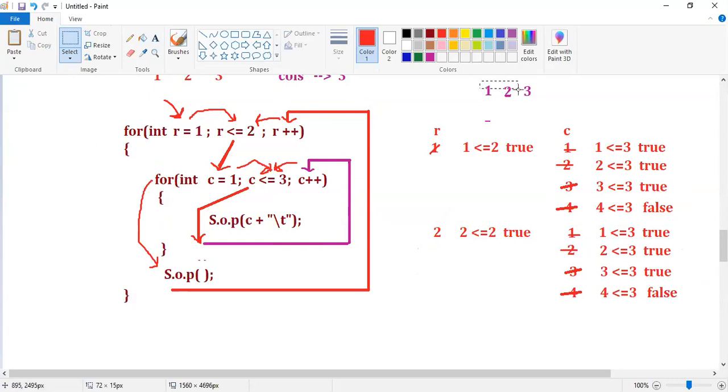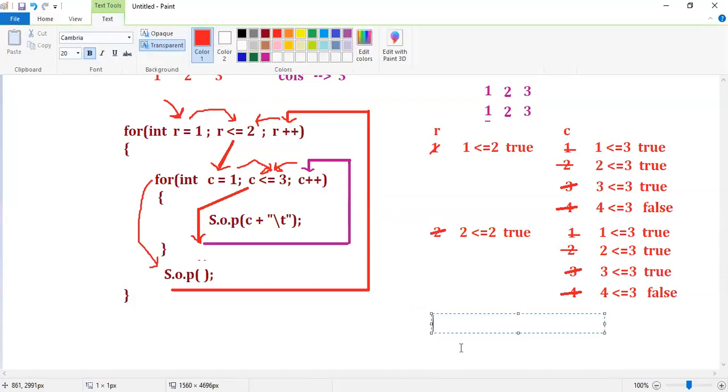So because the same thing repeats, we are going to get the next row output. And again control comes to row and it checks. Your 2 value is erased. Now in place of 2, what is the value? The next value will be 3. And it checks the condition.